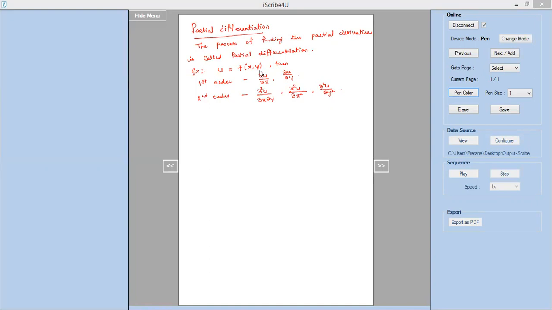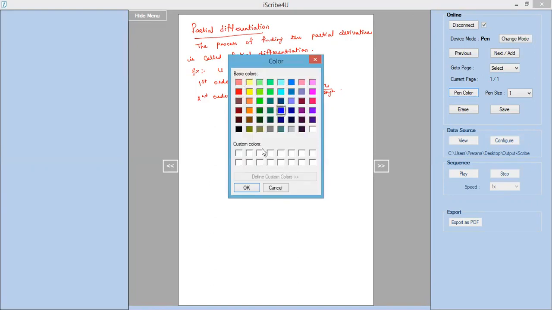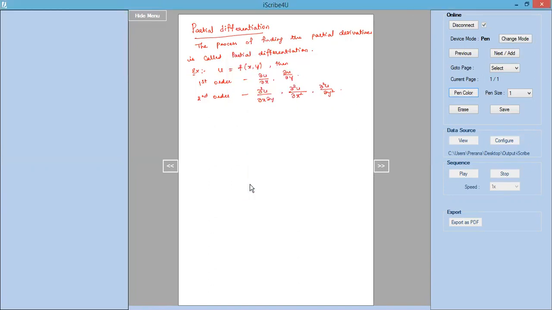To understand better, I'll give a simple example first, just to understand the partial differentiation concept. Suppose I want to differentiate partially with respect to x the function x square y cube. With respect to x, we treat the variable y as constant. So y cube is a constant, writing as it is. We differentiate partially only the x square term. So this gives us y cube into 2x. Differentiation of x square is 2x.